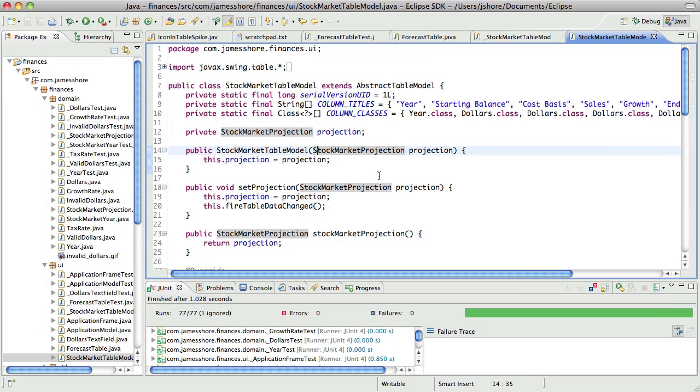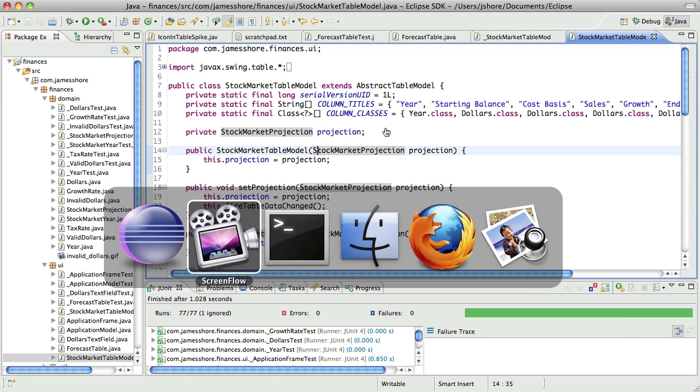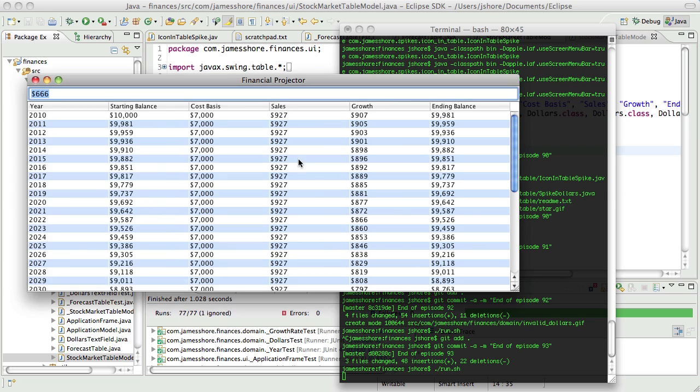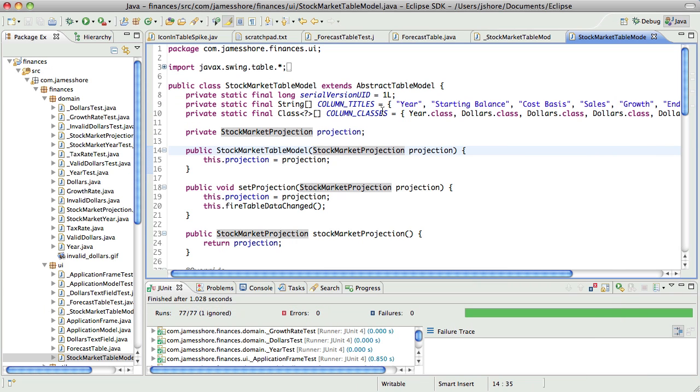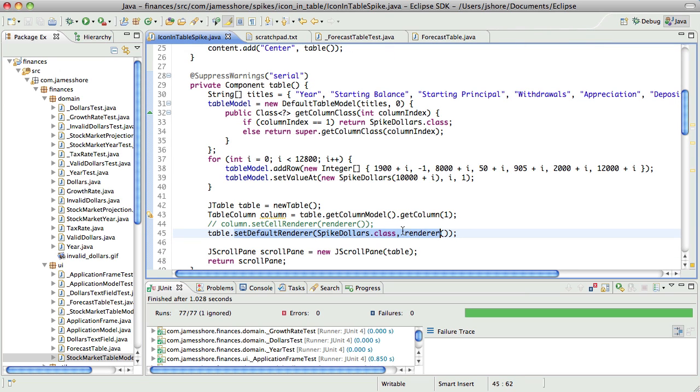And what we're doing is we are trying to hook up the new rendering in valid dollars and invalid dollars to the actual table. So we've implemented the support for saying what the classes are inside of the table, which means that next, if I follow this correctly, we need to set the default renderer